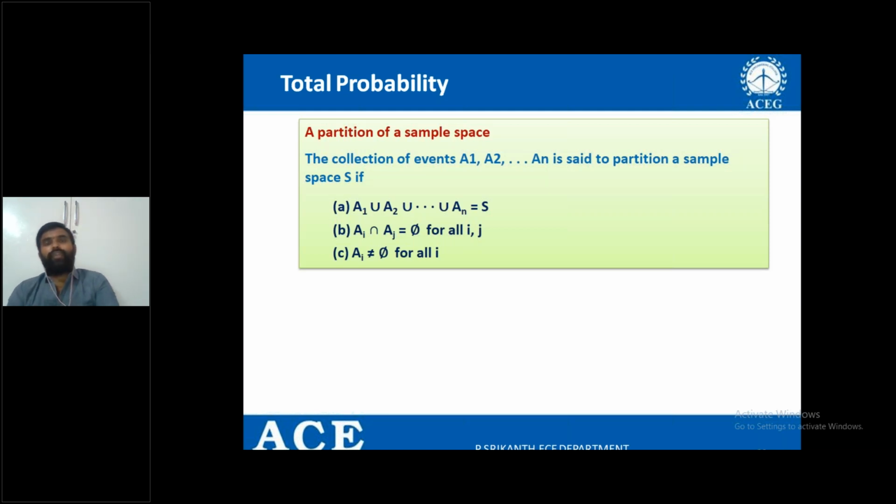More number of other events. For example, here the same classroom example I am taking, but in a different way, right? The student coming to the college on time is an event. The student coming to the college is an event, right? So let us take an example, that is the student is coming to the college every day from the home